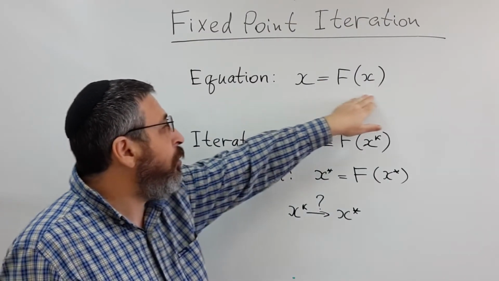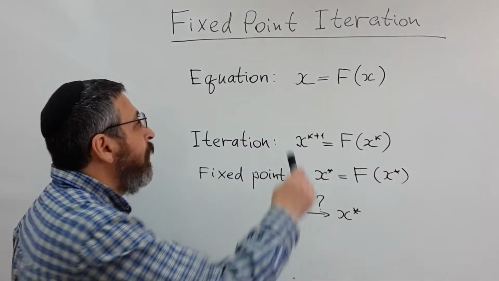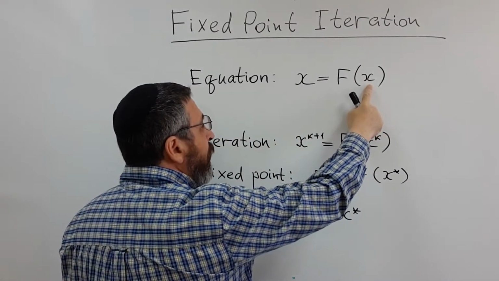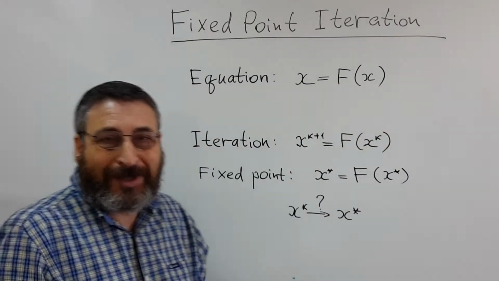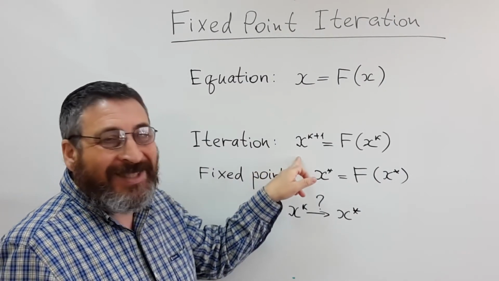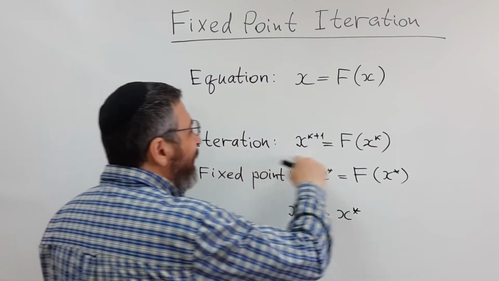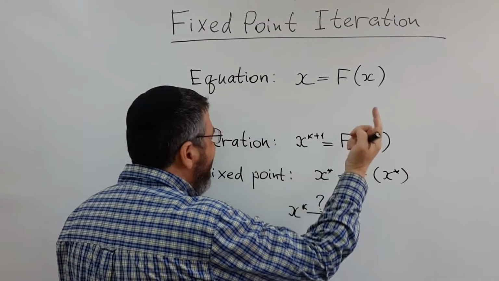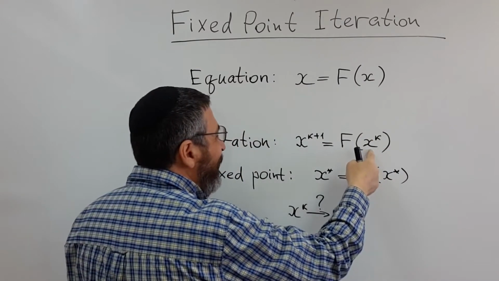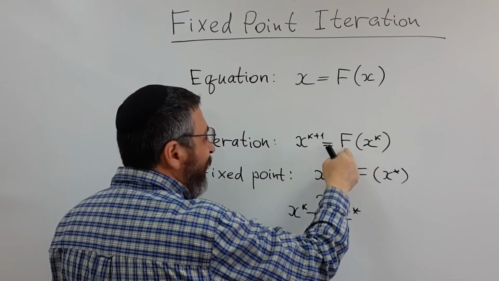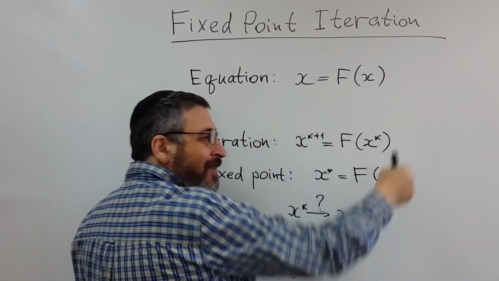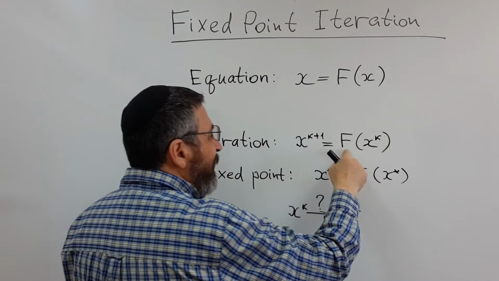Suppose that we want to solve a vector equation x is equal to f of x. So x is a vector and f is a vector function of the same dimension. And the approach is very simple. We build iterative process. We start with some arbitrary, reasonable point x0, compute function f of it, and this will give us next iterate. x_{k+1} is f of x_k.